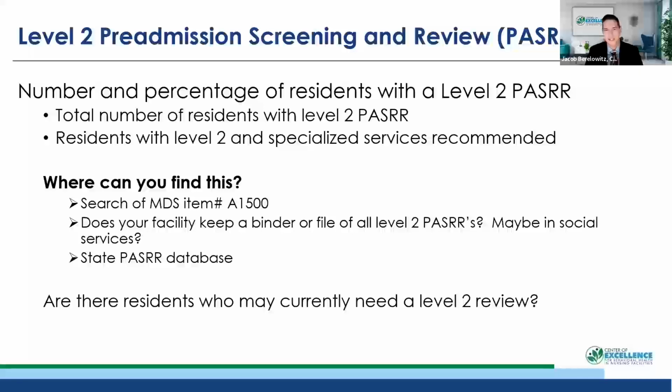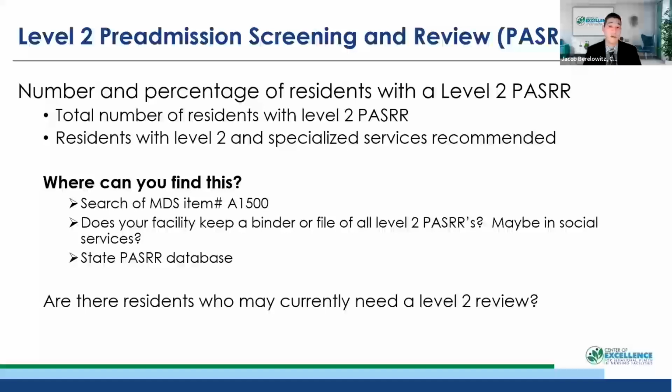Why are they not on this list of residents that I just pulled? So you might have an opportunity here to identify someone who you think actually should have been captured here and wasn't captured. Sometimes that happens because a resident may be admitted on a 30-day waiver. A lot of states have a waiver component for level 2 if someone's being admitted for short-term care, and then it turns out the person actually ends up needing care for a longer period of time and somehow falls through the cracks. So you may have an opportunity to catch that and to submit at that time for the level 2 review.